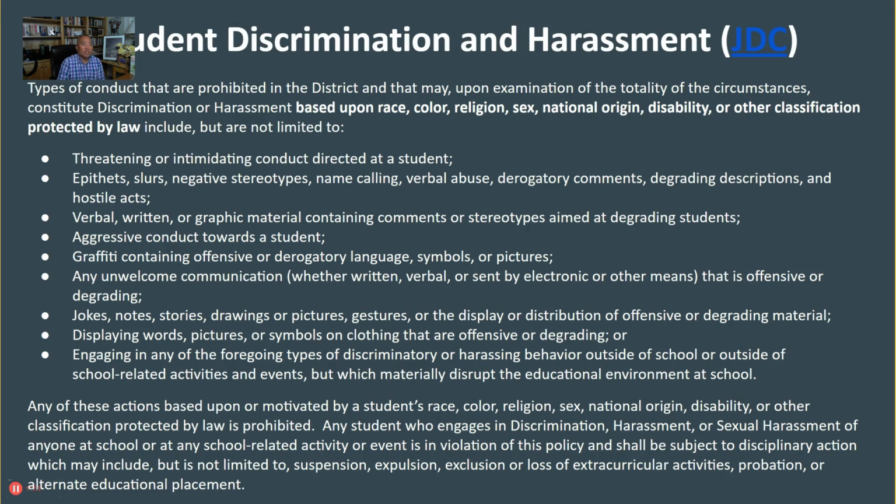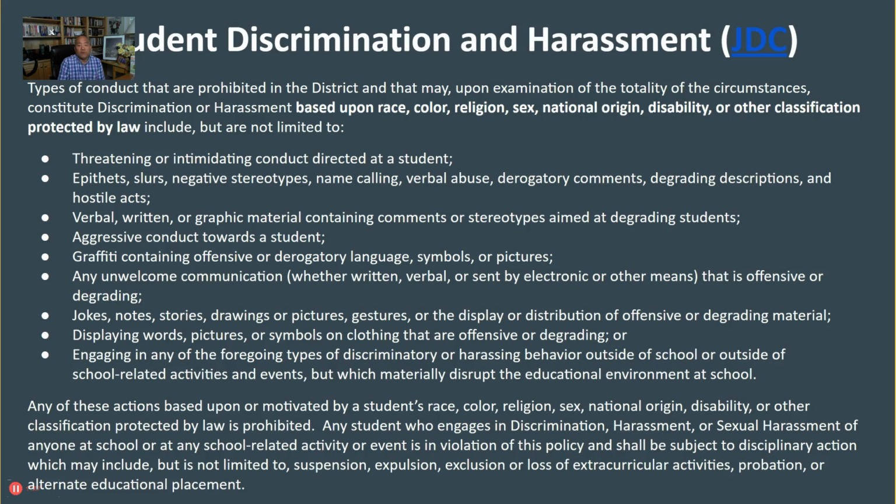Student discrimination and harassment: the types of conduct that are prohibited in the district and that may, upon examination of the totality of the circumstances, constitute discrimination or harassment based upon race, color, religion, sex, national origin, disability, or other classification protected by law include but are not limited to threatening or intimidating conduct, epithets, slurs, negative stereotypes, name calling, verbal abuse, derogatory comments, verbal, written, or graphical material containing comments or stereotypes aimed at degrading students, aggressive conduct towards a student, graffiti containing offensive or derogatory language, any unwelcome communication, jokes, notes, stories, drawings, or pictures, gestures,